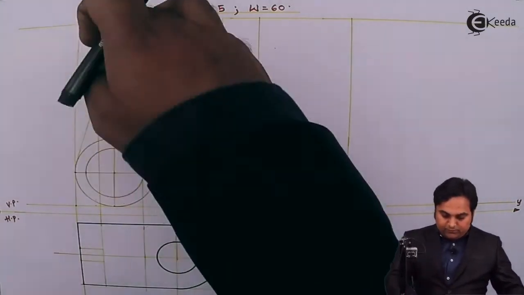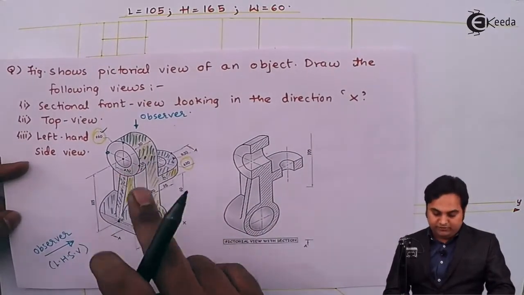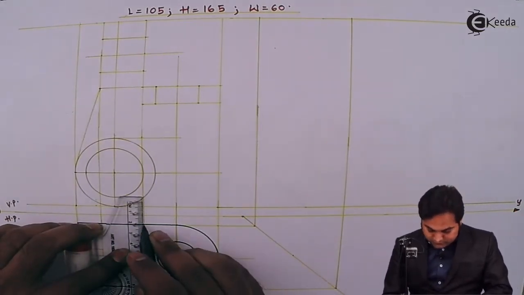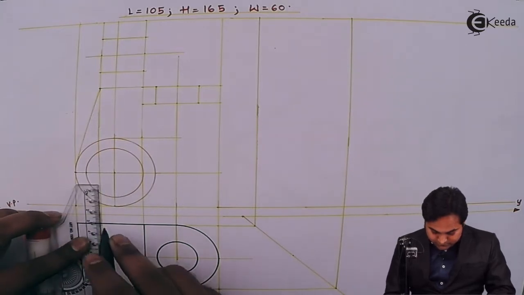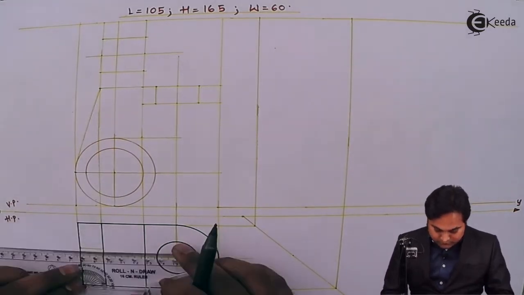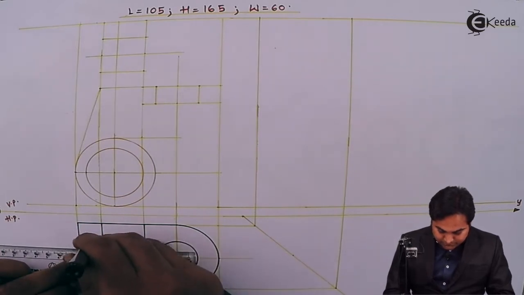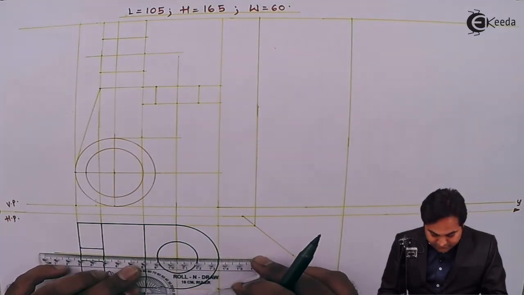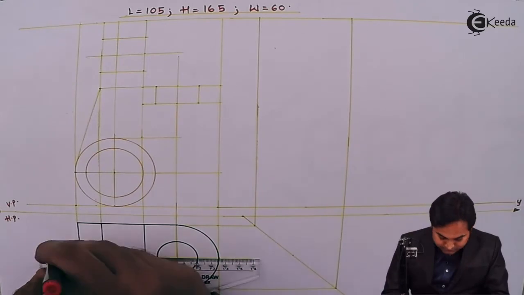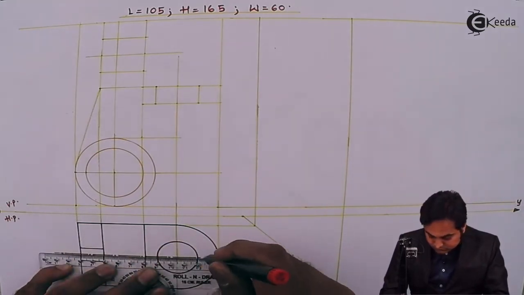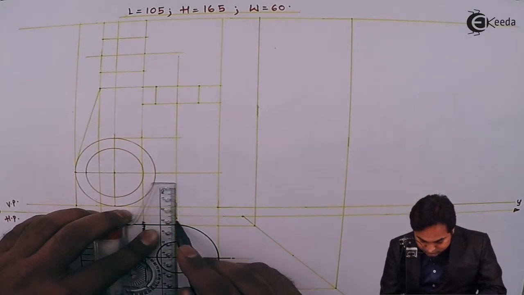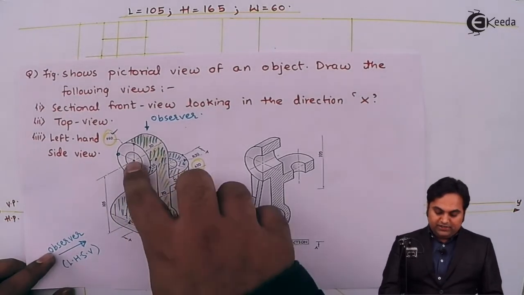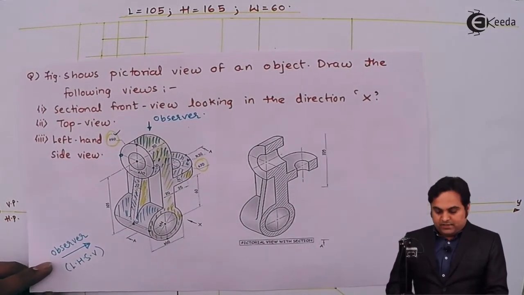Next, looking from top, this block is visible first, so it will be made dark completely. Then the rib is also visible from the top. Next, I am drawing this central line, which should be medium dark. When I am looking from top, all the three inner circles are not visible as they are